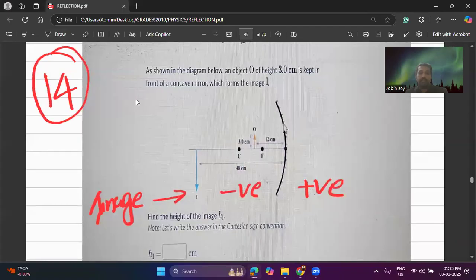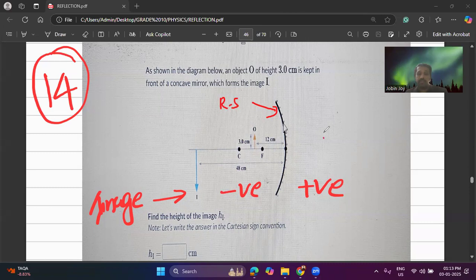Okay. So again, this is a concave mirror, which means this is the reflecting surface, RS. This is the reflecting surface, so this is negative, this is positive, and above the principal axis is positive, below the principal axis is negative. Okay, so here